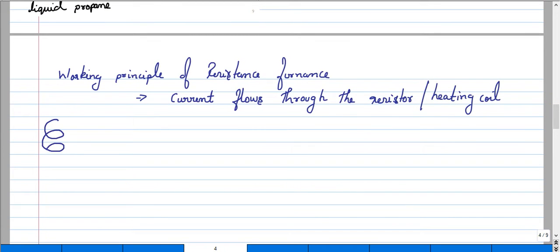If I consider this as a furnace, this is a shell, and the coil will be completely circular, covering the furnace in a circular shape. So when the current flows through the heating coil, what will happen? There will be a generation of heat